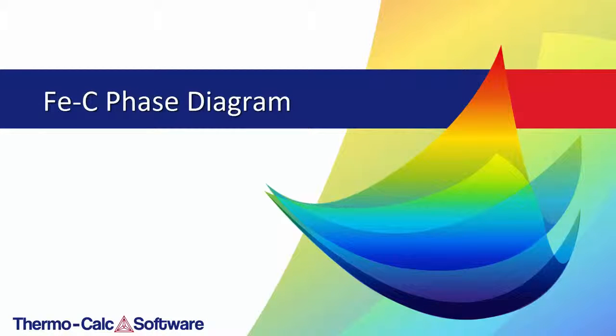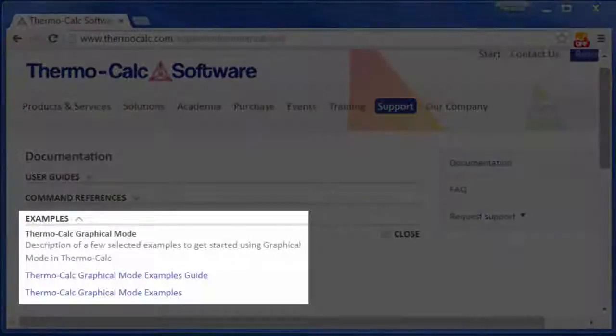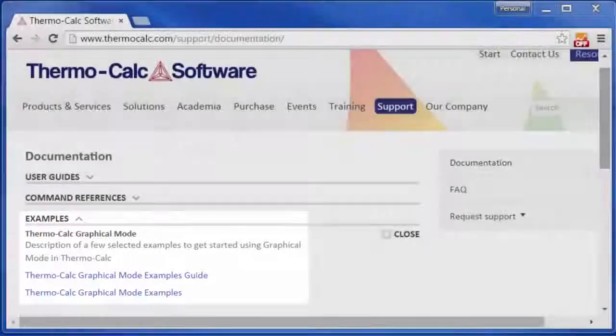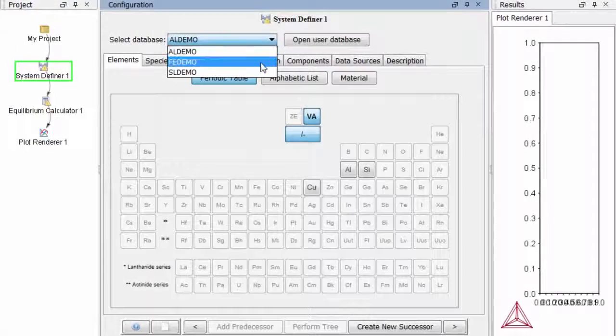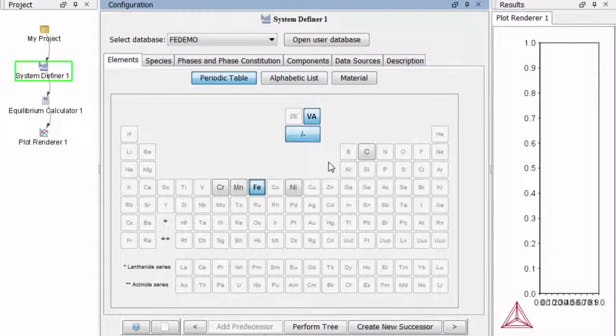This video will show you how to create an iron-carbon phase diagram using the graphical mode of Thermo-Calc. The calculation is based on example number 3 of the examples listed on our website. However, this video will show you how to build the calculation so that you can customize it by selecting your